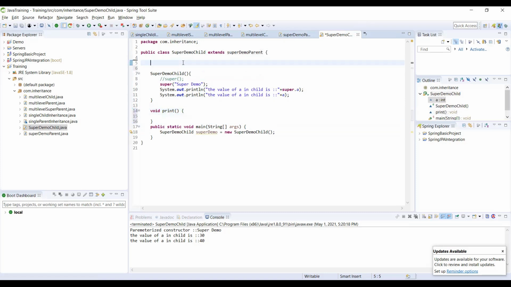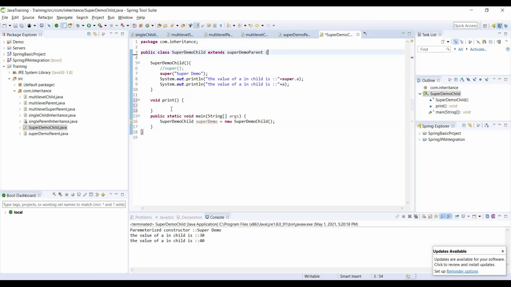Now that I have extended it, I will get all that is there inside the parent class. Now what I'll do is a equal to 50. So what does it say here? The final field super demo parent dot a cannot be assigned. You can use it, but you cannot modify the value of the variable because it is declared as final.